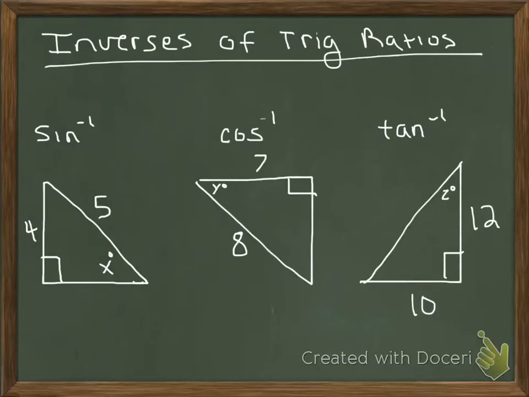Alright, so this is going to be a pretty fast video because you already know how to use the sine, cosine, and tangent ratios. But this one is about the inverses of the trig ratios. What we've been doing is using sine, cosine, and tangent to find missing side lengths. In this video I'm going to show you how to use the inverses of